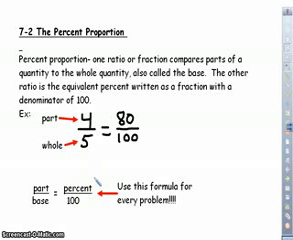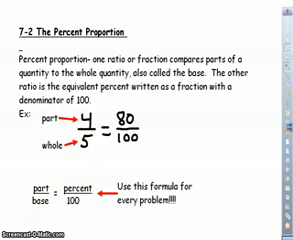All right, today is 7-2, the percent proportion. Go ahead and hit pause and copy down this information into your notes. All right, now that you're back, again, the percent proportion is one ratio or fraction that compares part of a quantity